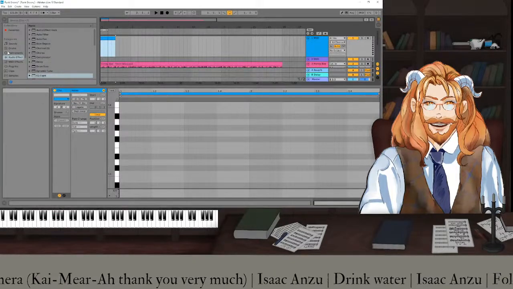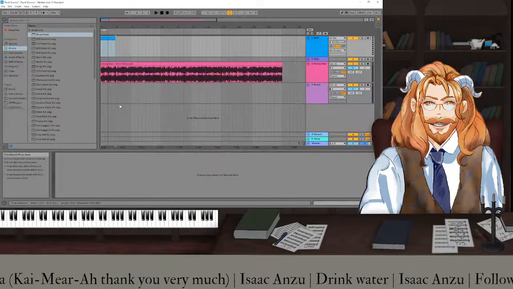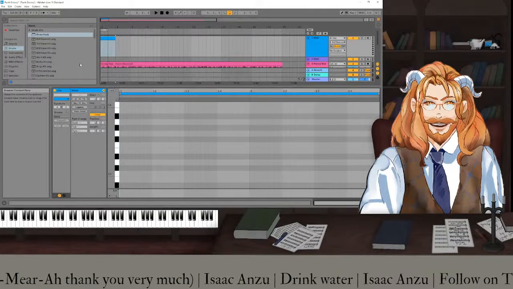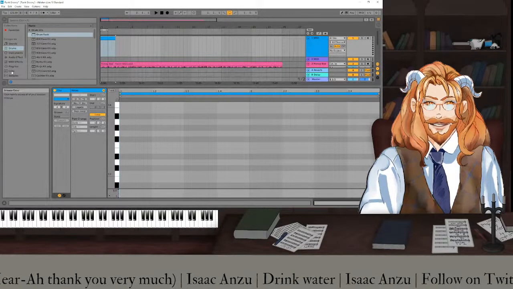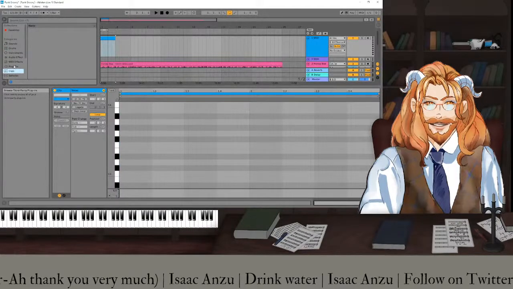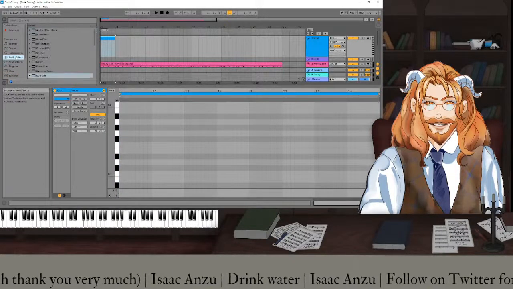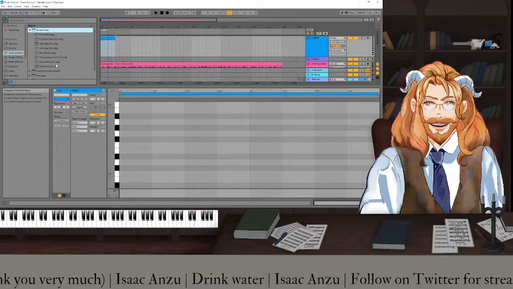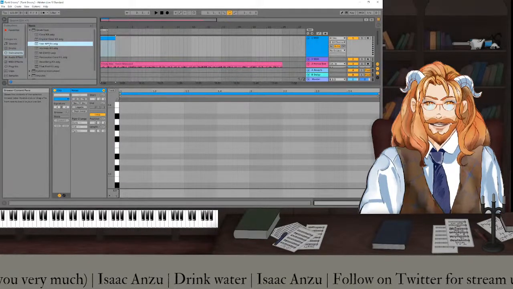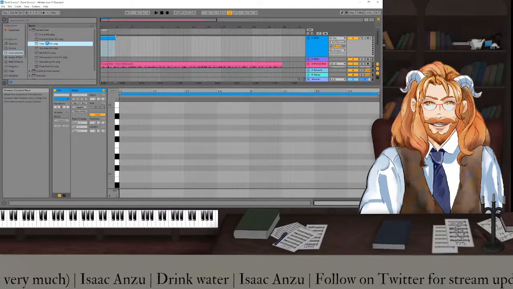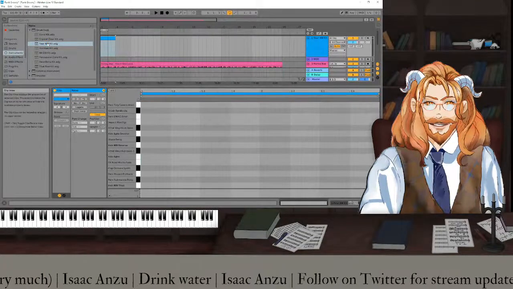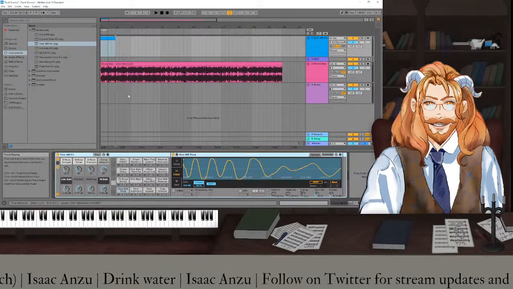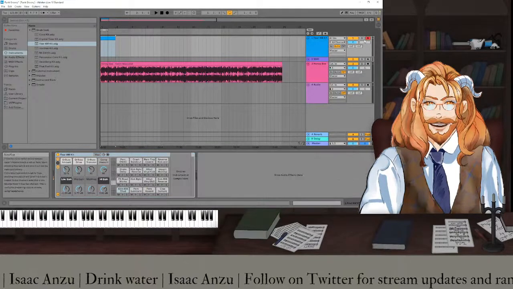So drums. I'm almost feeling that we want to keep this funky. Let's see. My drum rack. These are my favorite drums. Let's make sure I'm recording.